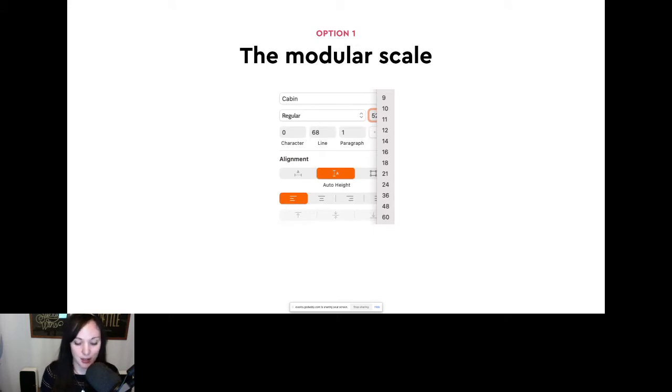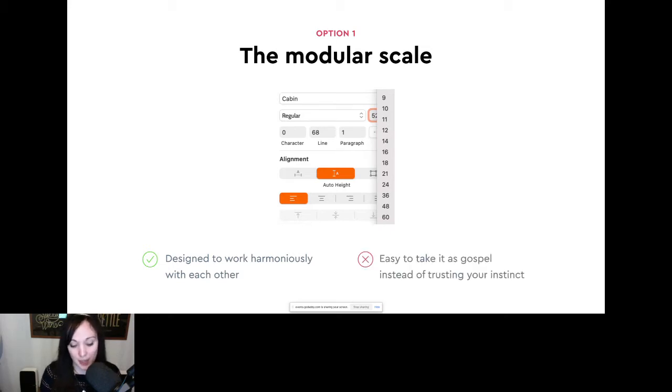Most design tools have a modular scale built in. So when you select the font size tools, these sizes are not random, they're based on the modular scale. And using these values is great because they are designed to work harmoniously with each other. But the big downside is that you can end up taking these values as gospel instead of trusting your instinct. What I mean by that is you may stick to the modular scale even in situations where it's not